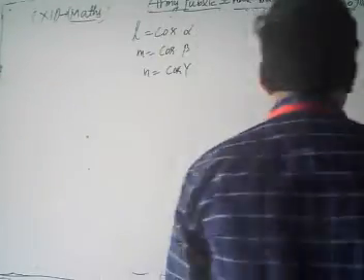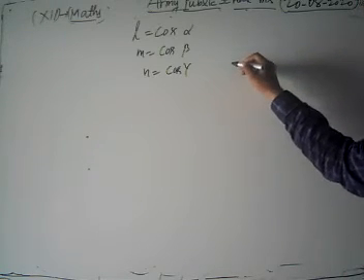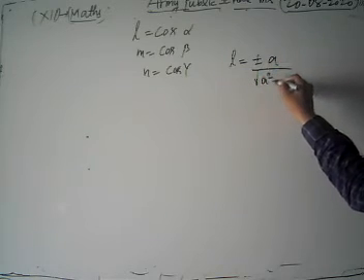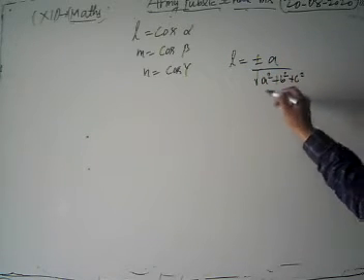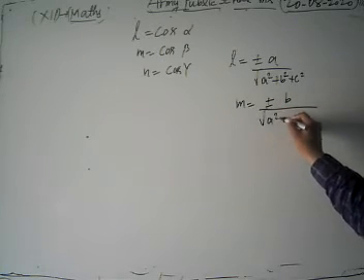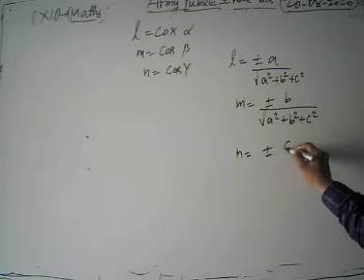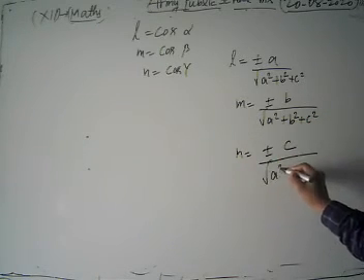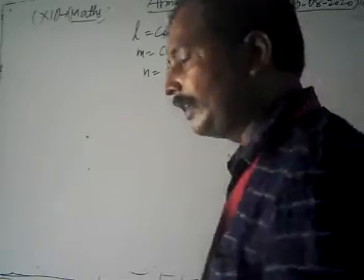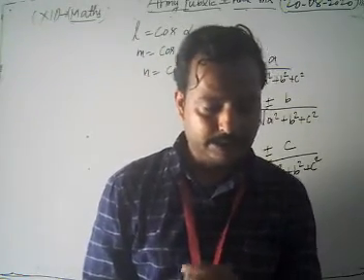If we have direction ratios in terms of a, b and c, then l is given by plus minus a upon under root a square plus b square plus c square, m is given by plus minus b upon under root a square plus b square plus c square, and n is given by plus minus c upon under root a square plus b square plus c square. Then we saw some relationships of l, m and n.